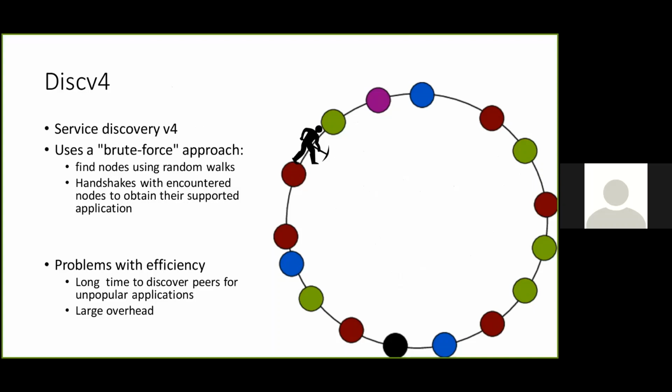So in Discv4, a new node will just perform a random walk in the DHT. So just contact random nodes, and then they will perform an initial handshake and say, hey, do you run the same application as I do? If that's the case, we can form a full duplex connection. If not, I'll just cancel this connection and continue the whole process. So this works in a sense, but obviously we have some problems because